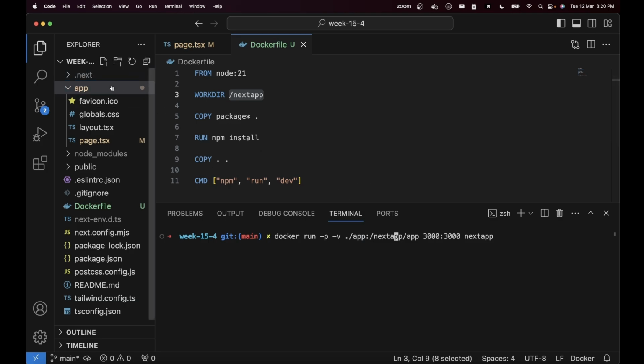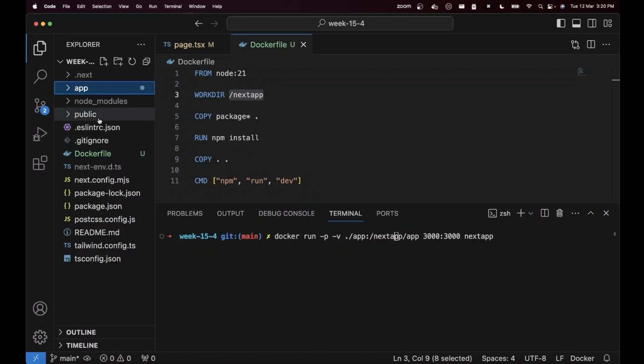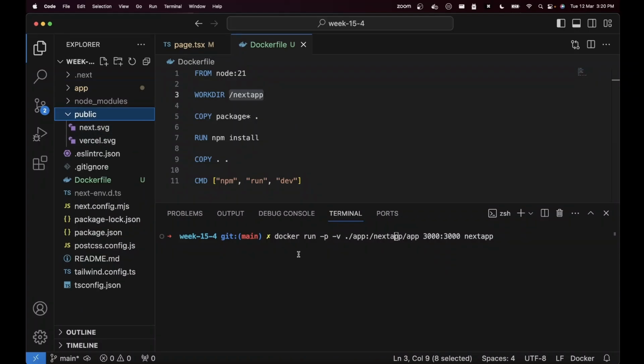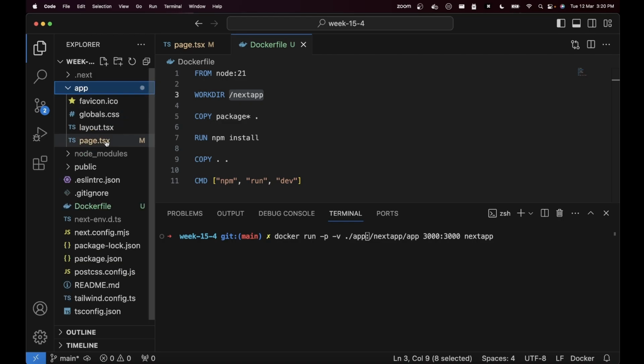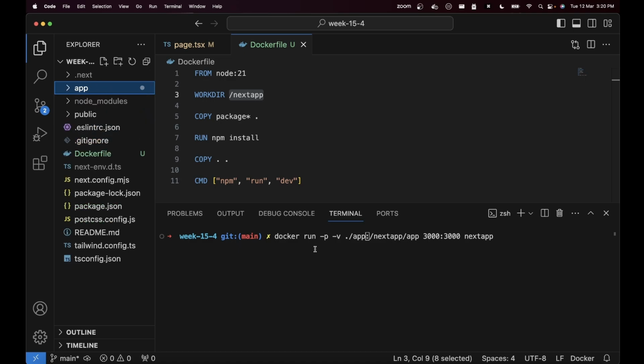If you want even deeper hot reloading, if you want to make sure that any change from here also reaches there, you can either just mount the root folder, although this will create a few issues, or you can mount multiple folders. I will mount public also, I will mount app also, and so on. But usually, where are all the developers making the changes? In this app folder, right? They'll add a bunch of things here, maybe in a components folder as well, but they won't be making a lot of changes in the root folder, which is why just having a single volume that mounts app is a great start. Of course, if you have a components folder, you should mount that as well, and so on. Now, if I run this